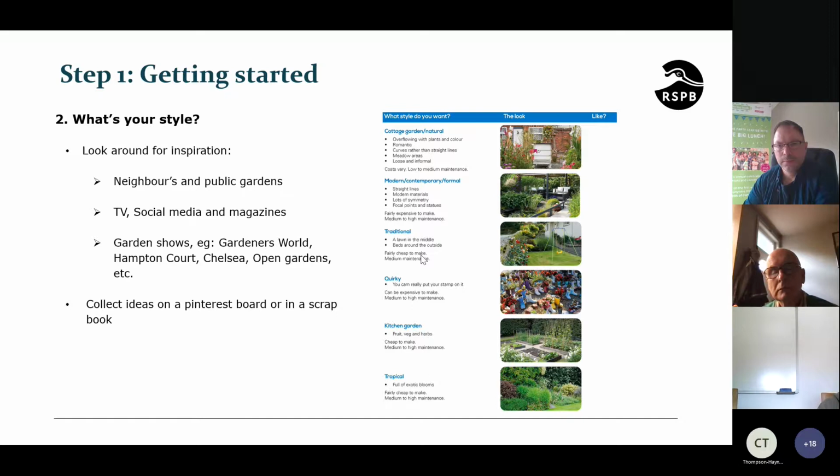So just look at what's in the neighbourhood, your neighbours' gardens, public gardens and parks, and then obviously TV, social media, magazines. Go to garden shows, Gardeners' World, Hampton Court, Chelsea, although they're always televised anyway. And then there's always the open garden scheme across the country. Every summer there's going to be an open garden near you. Just go and look and get ideas,